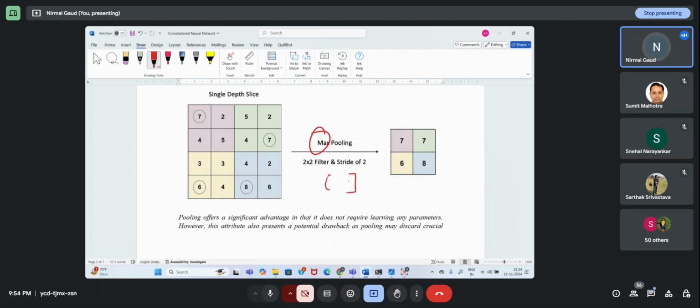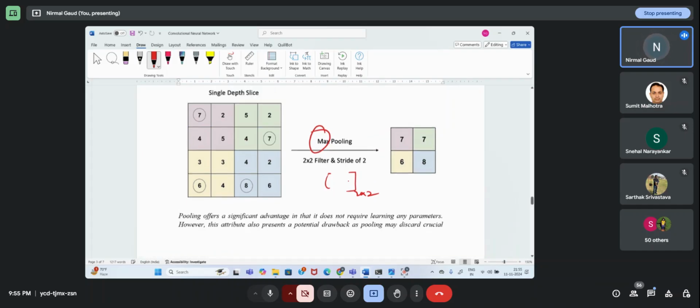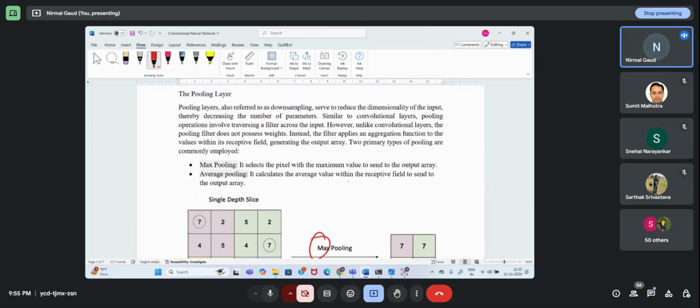Let us suppose you have a pooling matrix of 2 cross 2. The pooling layer is also referred to as downsampling. It is a downsampling technique. It reduces the dimension of the input, decreasing the number of parameters. We decrease the parameters: dimensionality reduction.